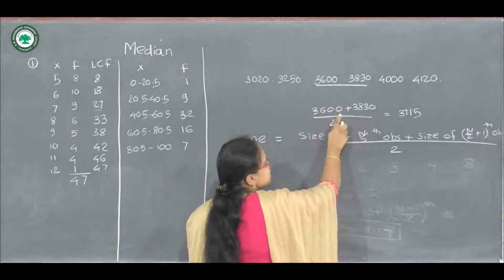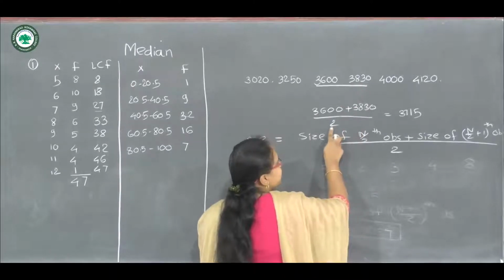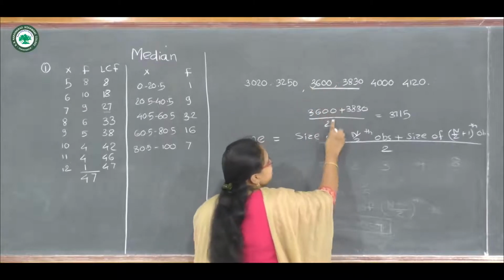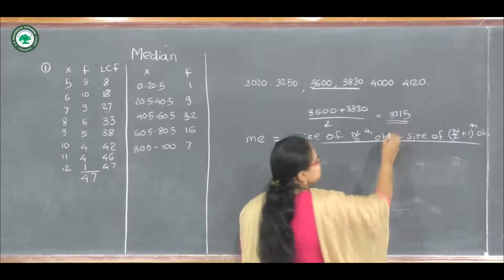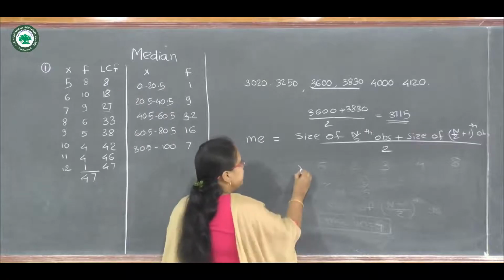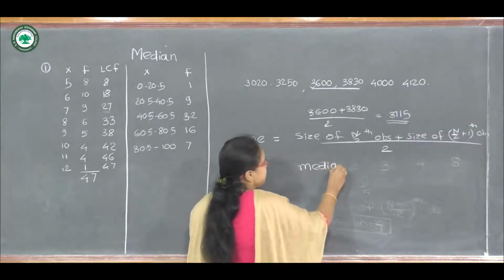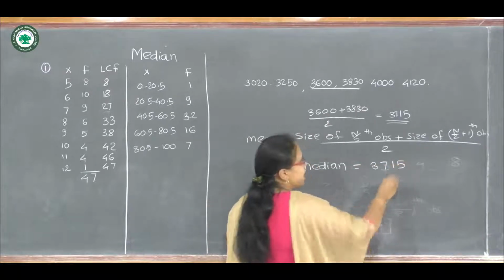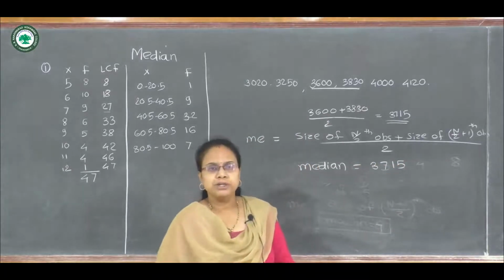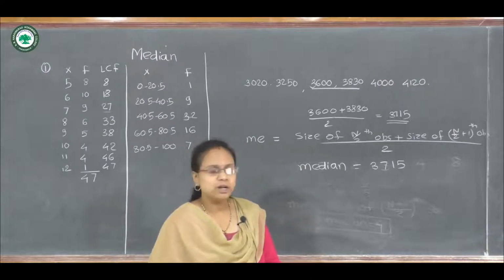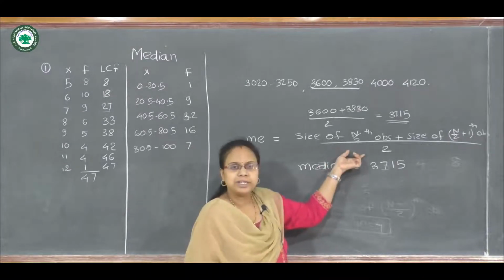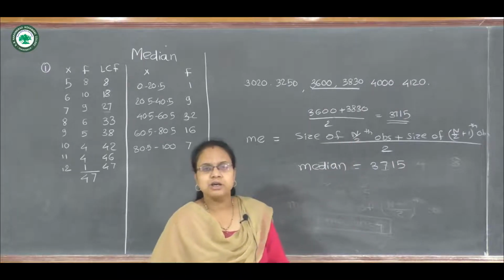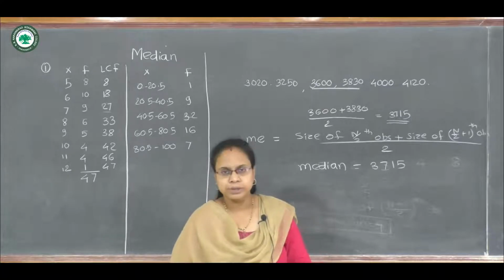We can calculate the median by taking their arithmetic mean. So 3600 plus this value, divided by 2. There are 2 observations in the middlemost position, so we can calculate it as 3715. So the median for this given data set is 3715, and we have calculated it by using the formula for the median for an even number of observations. So this is the case when the data is of ungrouped type.